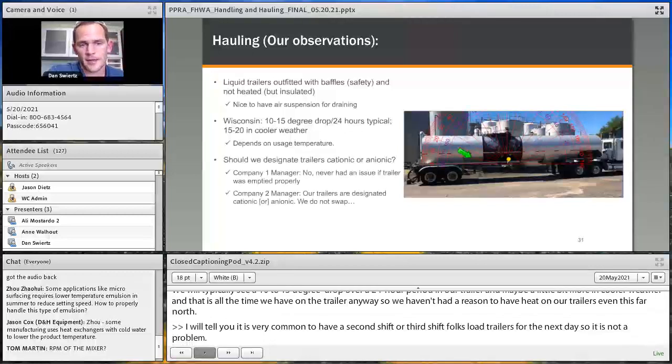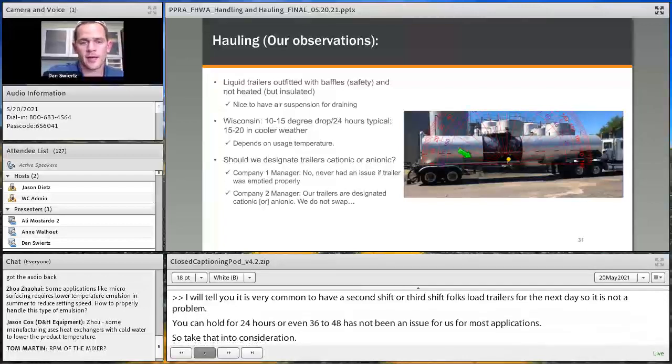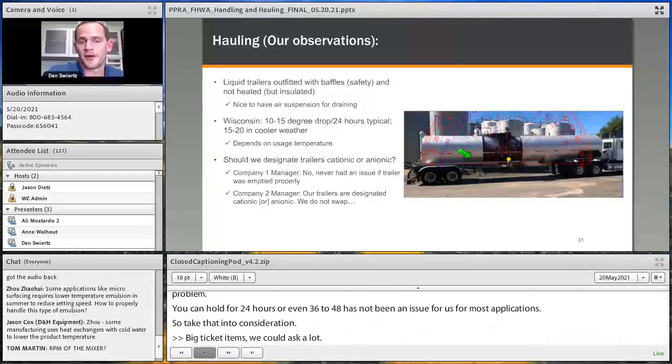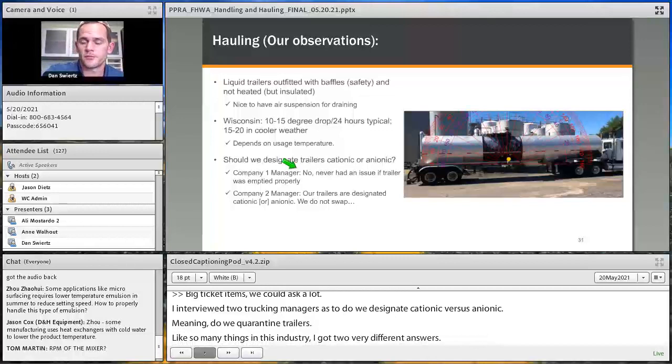Big ticket item we get asked a lot. I interviewed 2 of our trucking managers: do we designate cationic or anionic? Meaning, do we quarantine trailers? It's funny, like so many things in this industry, I got 2 very different answers. Up here, we've never had an issue. We get a full drain on our trailers. In other words, we drain as much liquid as we can, and we've never had an issue swapping. Believe it or not,